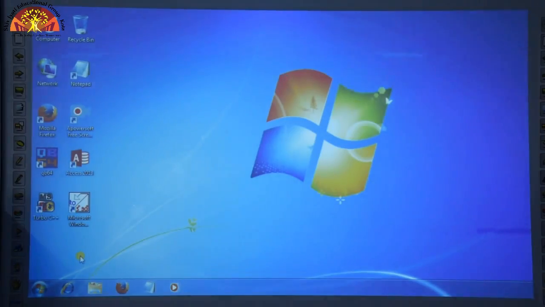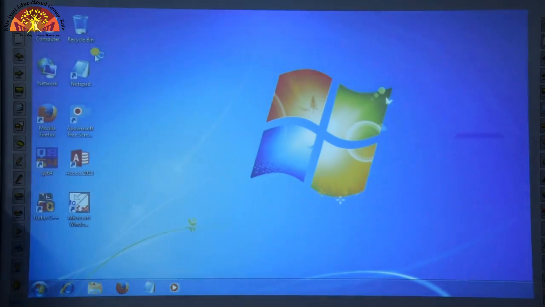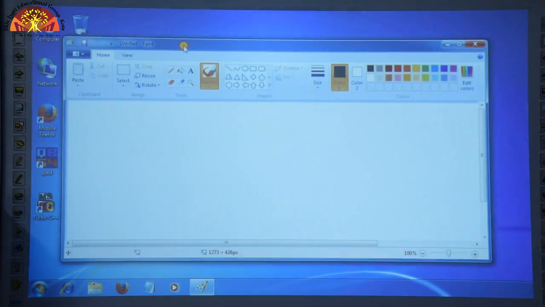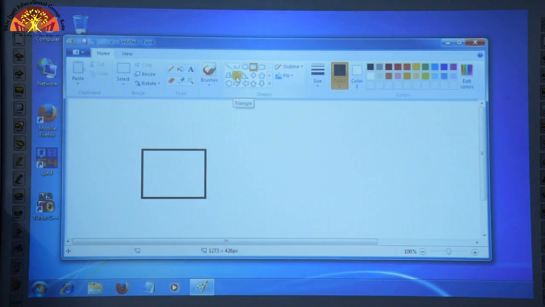Okay children, now let's see how to draw scenery in practical. First, from the Start option we will select the Paint window. This Paint window will appear. Then from the shapes tool we will select a rectangle and we will draw a rectangle, and now next we will select the line tool from the shapes group and we will draw lines on both sides. You can see in the video we will draw a line on the other side also.